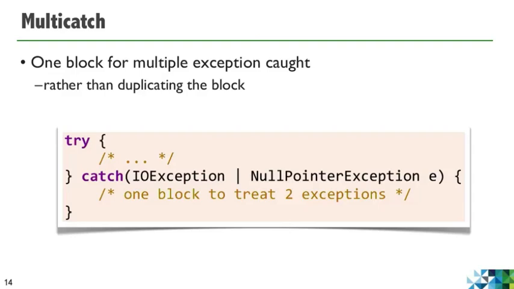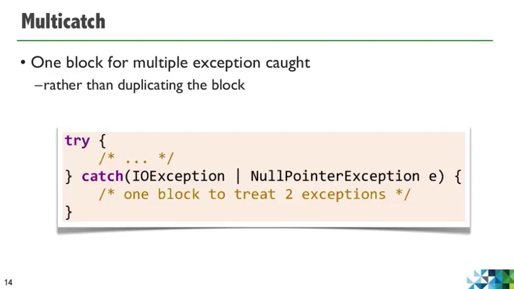And sometimes you want to have the same treatment for 2 different kinds of exceptions. For example, here, I want to do the same treatment in my catch block for IOException and NullPointerException. So instead of copying the 2 catch blocks and writing the same code in those 2 blocks, or using an intermediary method to factor the two